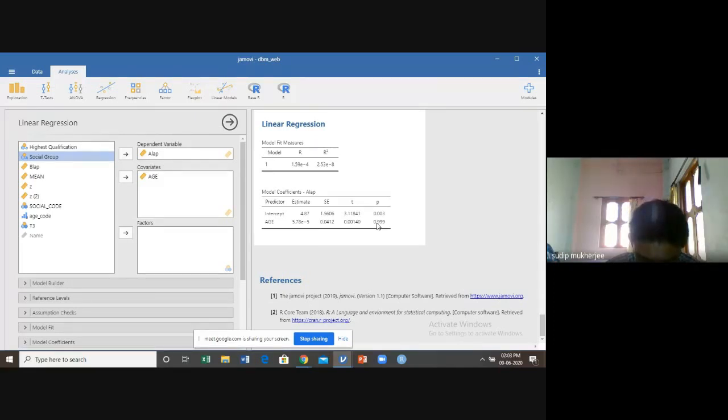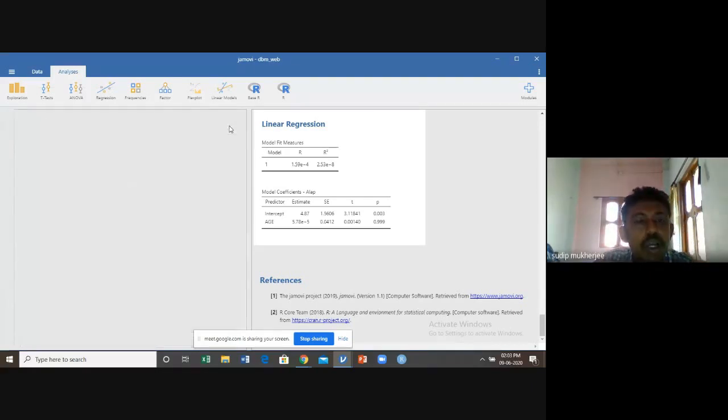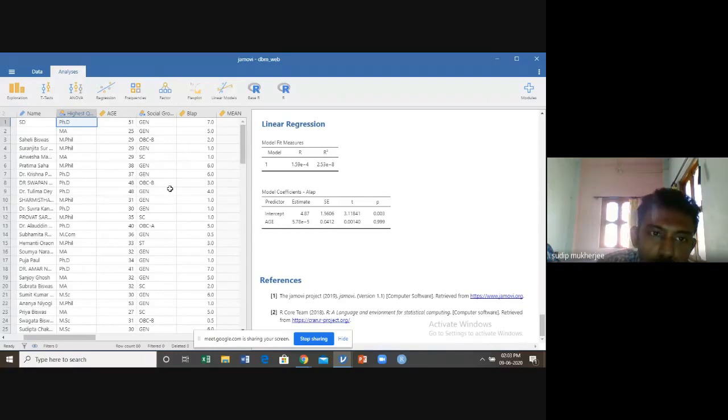So age is not a significant predictor variable to predict the dependent variable of our interest. So in this way you can perform the linear regression equation.